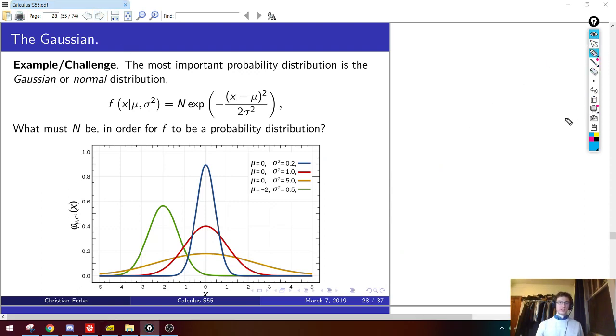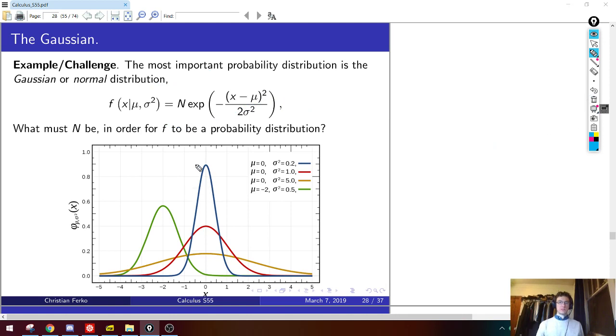So the most important distribution in all of probability and statistics is the Gaussian, or the normal distribution. And I write it like this on the left side. This bar is just to indicate that x is the random variable, the thing that this is generating random instances of. And mu and sigma are parameters. They just change which Gaussian you're talking about. They change the shape of the Gaussian. So mu is called the mean, or the average of the Gaussian. Sigma squared is called the variance. And sigma itself is the standard deviation, basically, which we'll prove later when we define that.